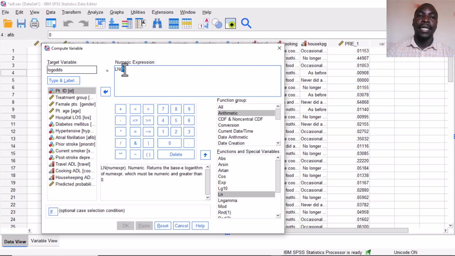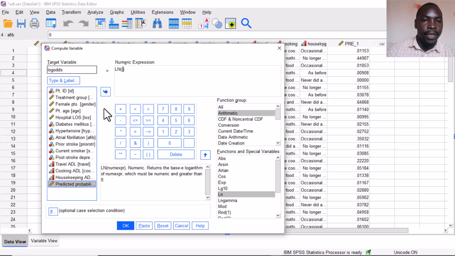For us, we want to get the log odds, but remember we have probabilities. So inside here, I'm just going to remove this question mark, and I put there the expression for calculating odds. I will open another bracket, and for you to get odds, it's the same as these probabilities